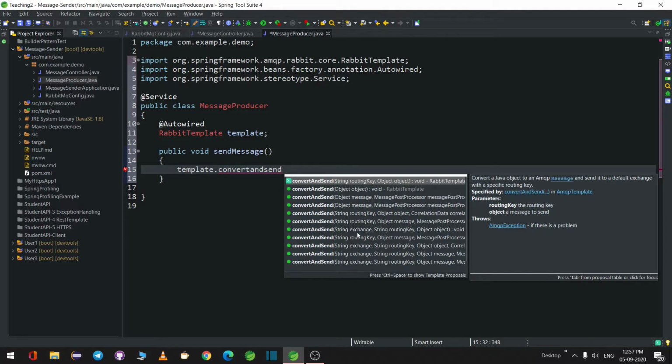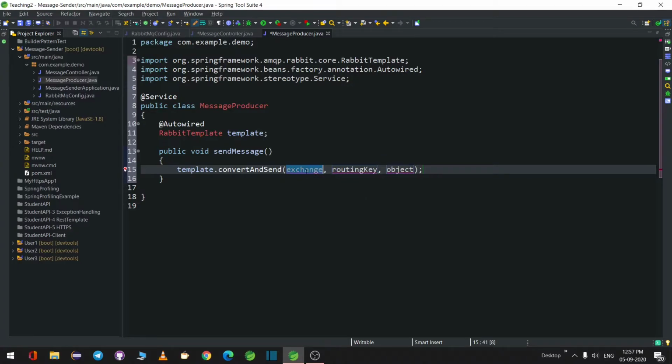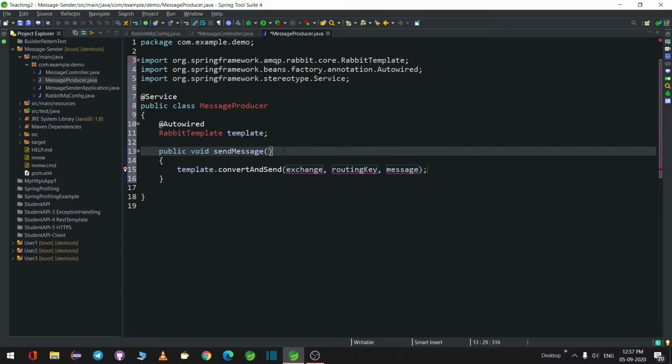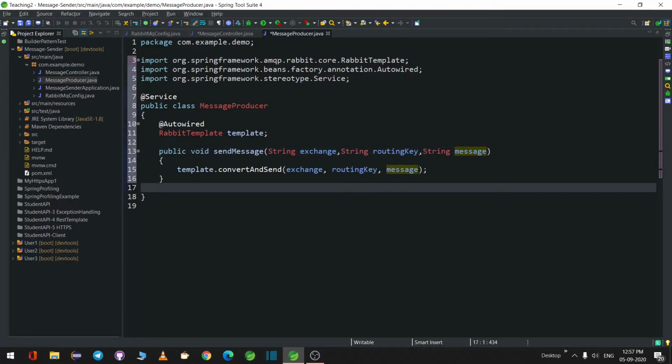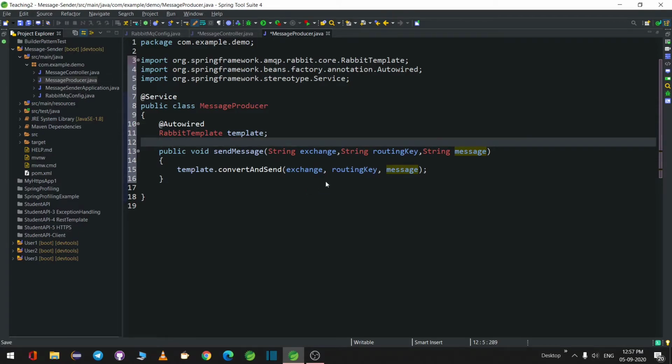So we'll use this particular method. What type of exchange you have to pass, what the routing key is, and what message you want to send. So basically exchange, routing key, and the message you want to send. I'll change it to message. So we'll take the parameters here: String exchange, String routingKey, and String message. Okay, so now we are done with one service.